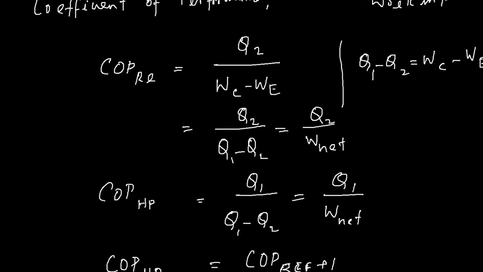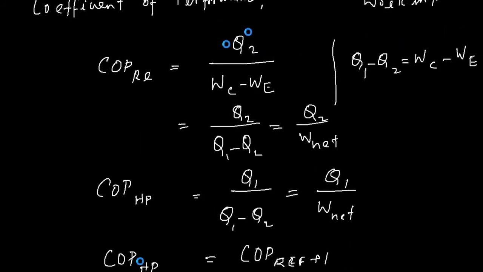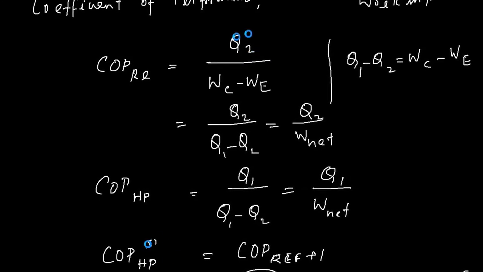For a refrigerator, the desired effect is the heat removed from the low temperature body, whereas for the heat pump, the heat input to the high temperature body is the desired effect, and because it's an ideal cycle, the work input will be equal to the heat exchange. So you can say for a refrigerator, COP is Q2 over Q1 minus Q2, and